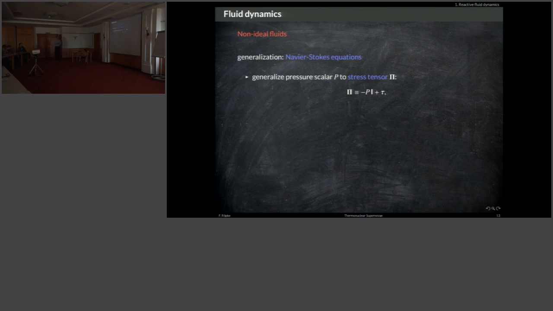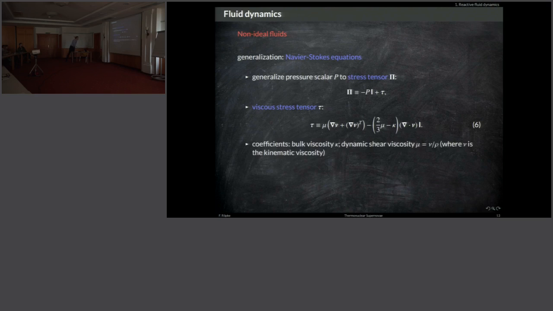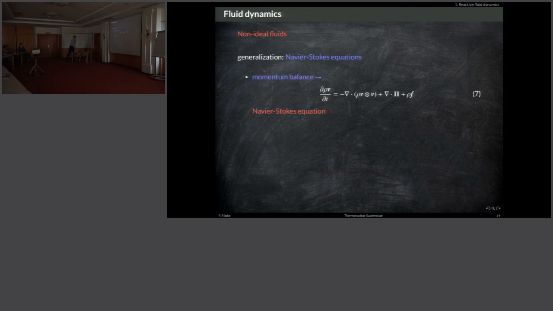We can generalize the Euler equations of fluid dynamics to the Navier-Stokes equations. This is done by generalizing the pressure scalar that we had in our Euler equations to the stress tensor here, which is composed of the scalar pressure plus the viscous stress tensor. And here's one form of the viscous stress tensor for Newtonian fluids, where we have coefficients that describe bulk viscosity and dynamic shear viscosity. So viscosity effects then enter here in this